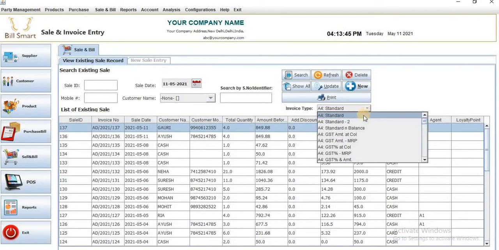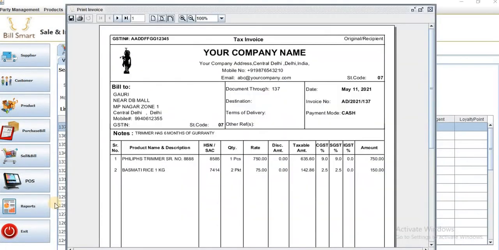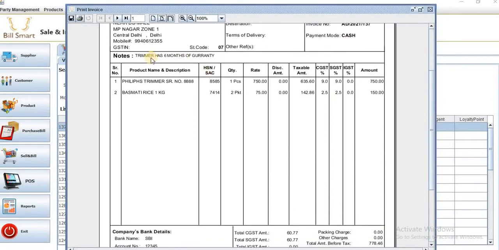In the invoice type, there are various types of invoice, like I'm printing this bill on A4 page format. Click on this print button. This is the preview of the bill. This is the company detail, our GSTIN number, company logo, to whom we are selling our product, customer detail is coming, payment mode, invoice number, date, the note that we have written at the time of billing, it is coming in the note section,